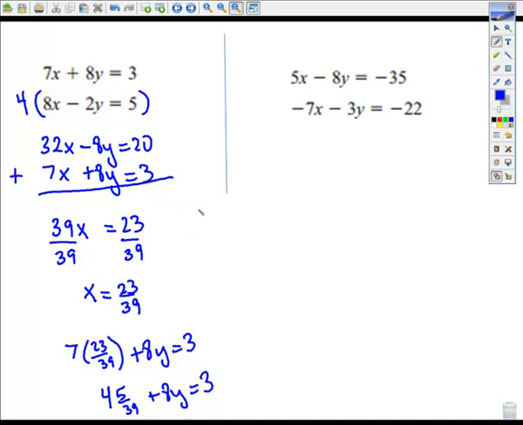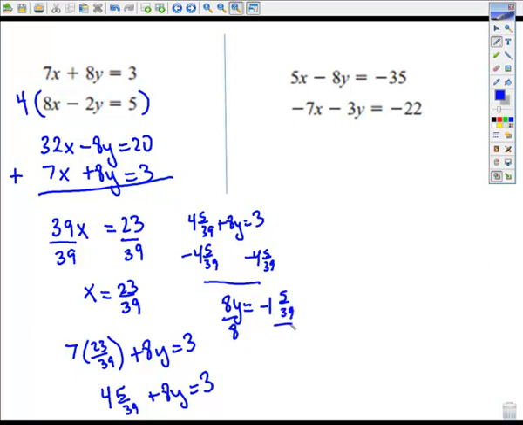So when I do that, let's just write it up here so we can see it a little better. I end up with 8y equals negative 1 and 5/39, divide by 8,